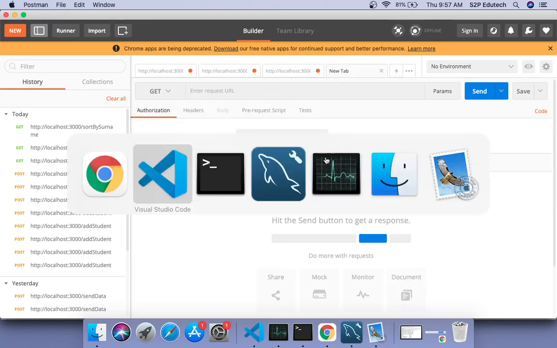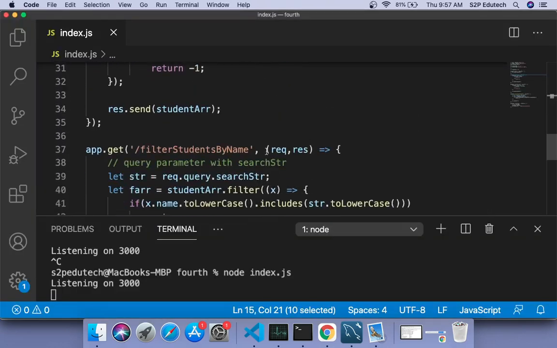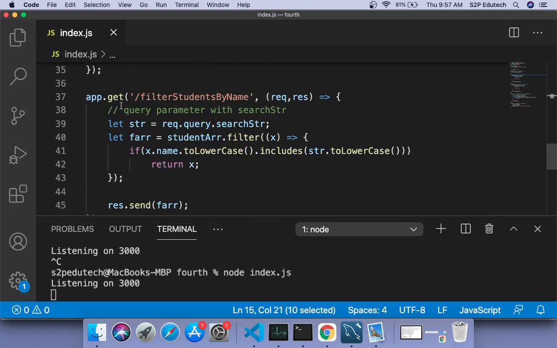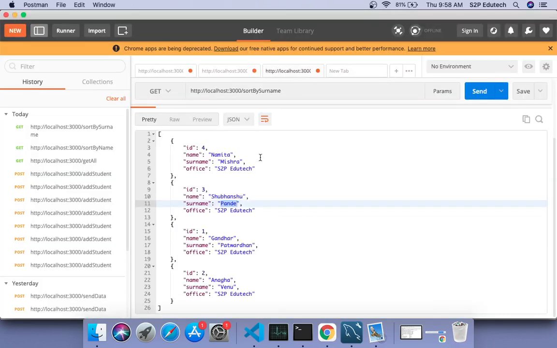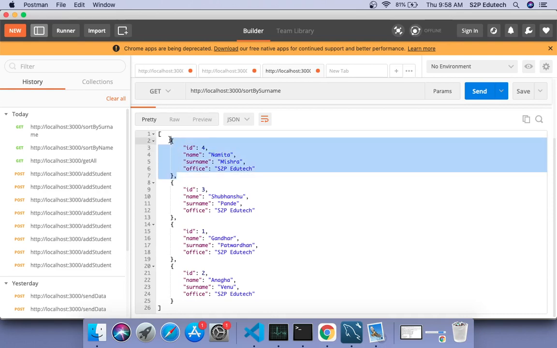Third, which we are going to check is our filter function. So in filter, what we need to provide is some query parameter via which we would be sending on what basis you need to filter. So let us try to find some characters which we will be able to send. We are filtering by name. So if I give, say, AMI, AMI is present only in Namita. So what I should get is only one record, of Namita here.